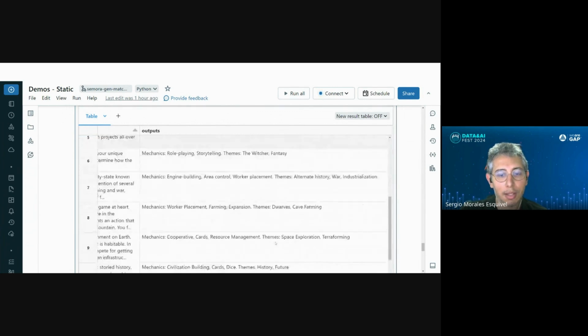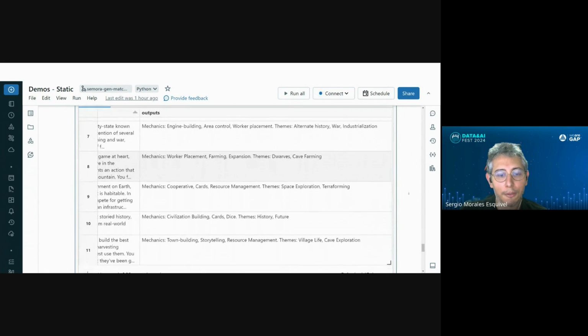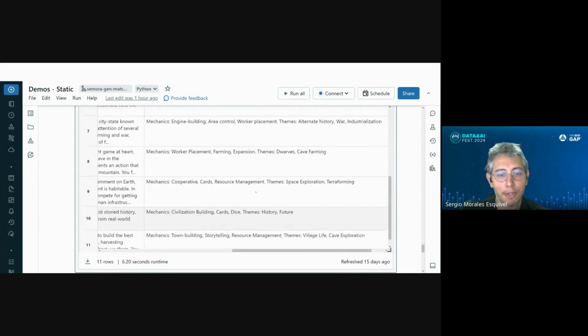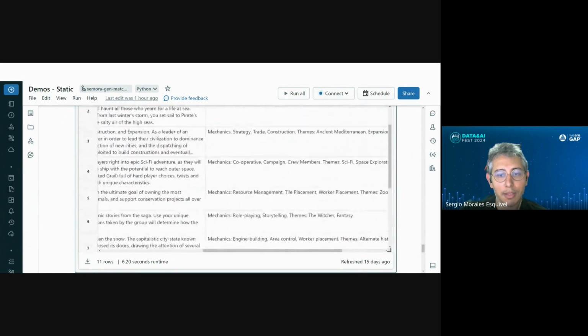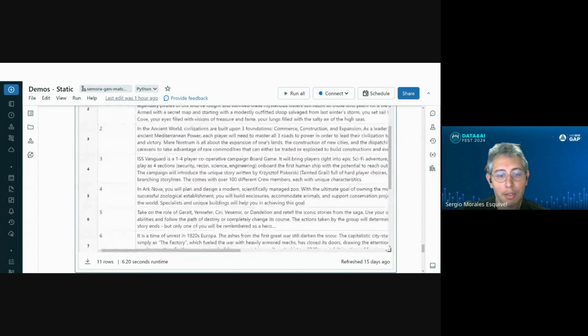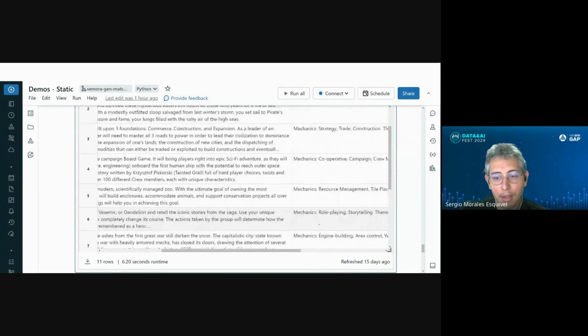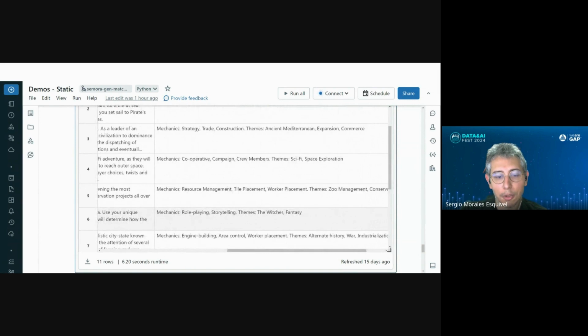So we can actually figure out if the mechanics and themes that it extracted out of every description seem sensical. So let's try with this Witcher game. It says, take on the role of Geralt, Jennifer, Ciri, Vesemir, or Dandelion and retell the iconic stories from the saga. Use your unique abilities and follow the path of destiny or completely change its course. The action taken by the group will determine how the story ends, but only one of you will be remembered as a hero. And then on the mechanics, it says role-playing and storytelling, and on themes, it says The Witcher and